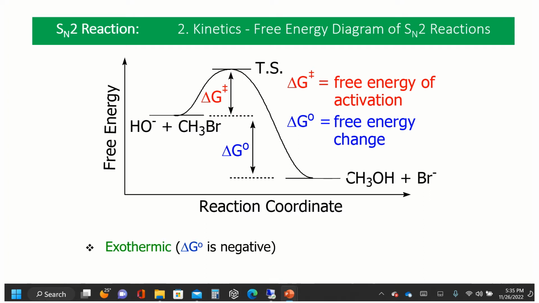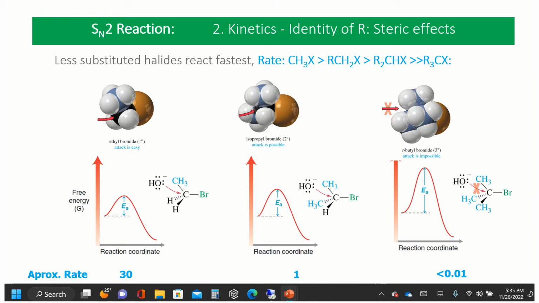It is exothermic and exergonic. So therefore it's a thermodynamically favorable process. Now note, if we compare